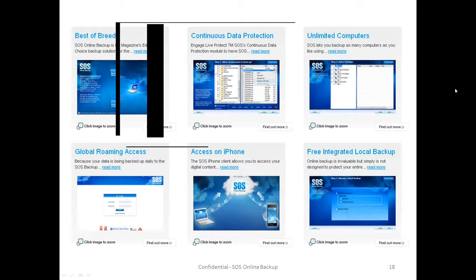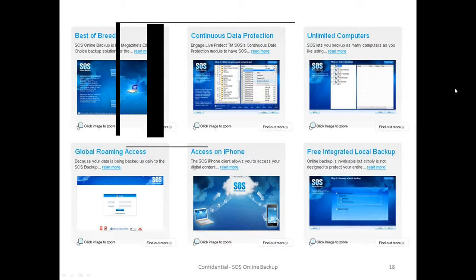Unlimited computers. So you saw when I was logged into my account earlier that I was managing 8 different PCs from one account. If you look at our competitors, they charge you a license fee per seat. So you pay, say, $6.95 for every server that you need to back up every month, even if you're not backing up any data. So with a 10-person business, that can really start to load the costs. You can be paying as much as $360, $400 a year to back nothing up.